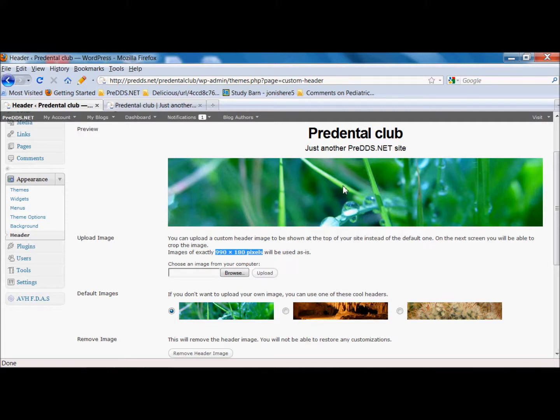And I go into Paint, I add a couple words like Pre-Dental Club website on here, and I upload it in this area. And in this area you can make a banner for your website,